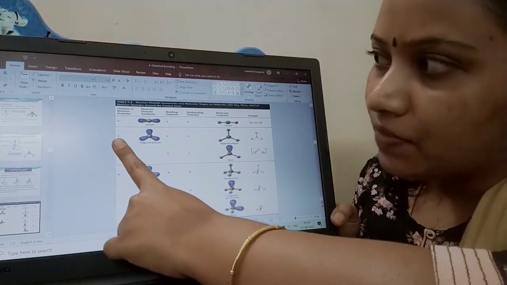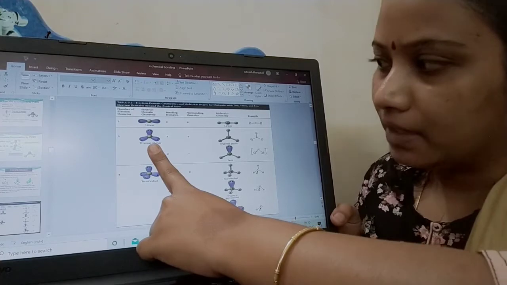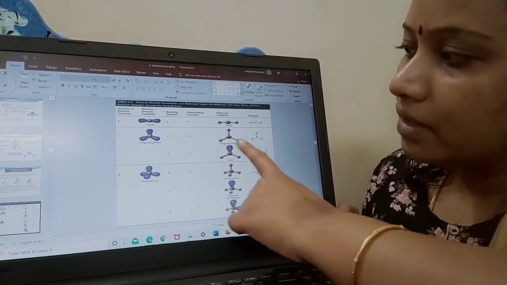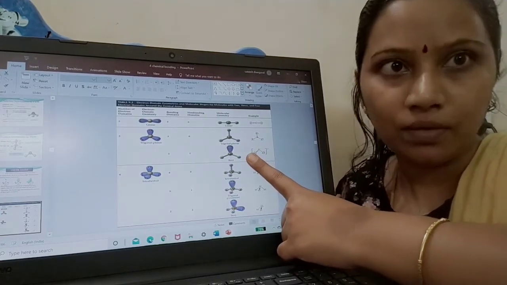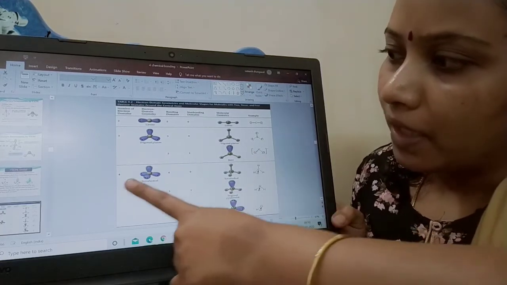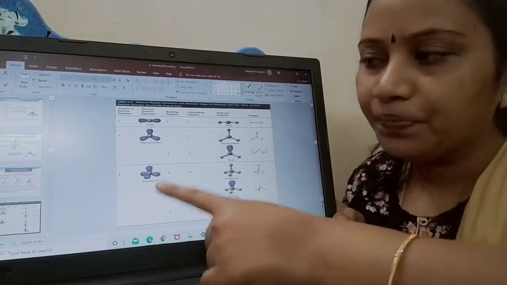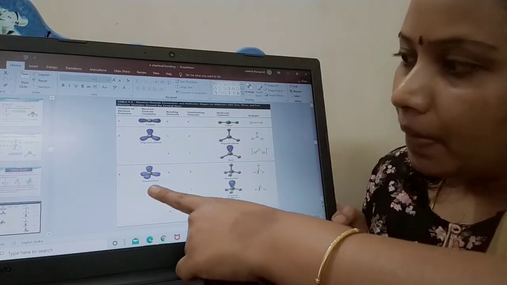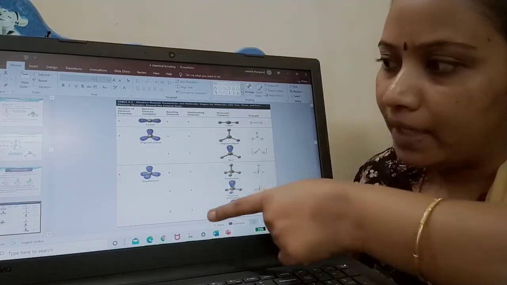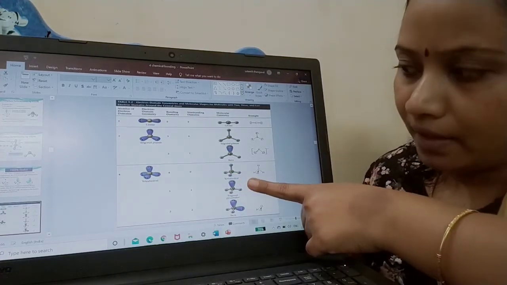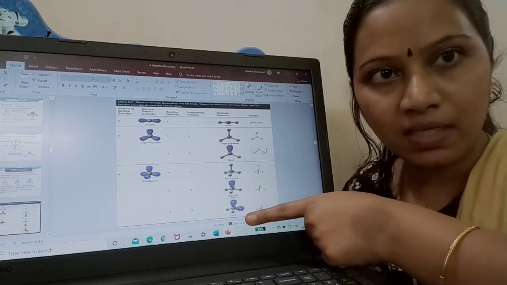Now consider the second case where the number of electron domains is 3. So the electron domain geometry should be trigonal, correct. But what happens to the molecular geometry? That is also trigonal planar and it can be bent, which we have seen in the case of the ammonia molecule. Now, if the number of electron domains is 4, this part you can write on your own without seeing. Since it is 4, it is tetrahedral. But when you look into the molecular geometry, because of the effect of these non-bonding domains, it is not exactly the same as tetrahedral. It can be tetrahedral, trigonal pyramidal and it can be bent, which we have seen in the case of the water molecule.